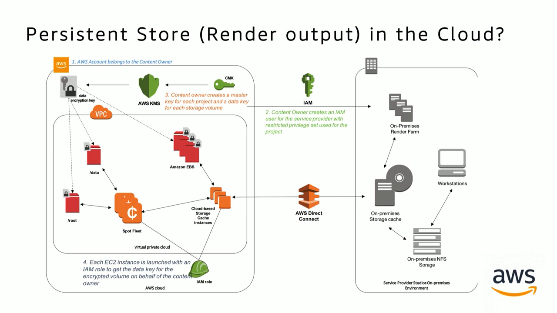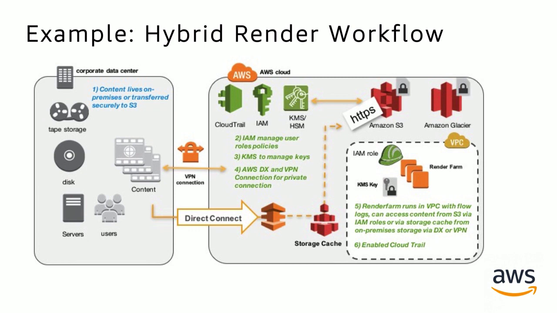And actually, what this architecture is doing, without going into the detail because we're running out of time, is using the same principles we talked about earlier with respect to the key management system. It leverages a key management system with the primary key being owned by the content owner, and the underlying render machines have EBS volumes encrypted by that key owned by the content owner. And then for every single job that is run, it is an assume role kind of thing to get the key in order to encrypt or decrypt that content.